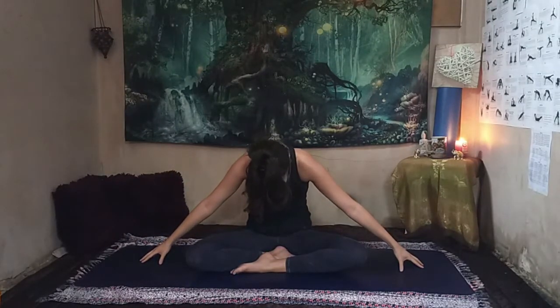So we're going to start in a seated position today, and we're going to start by taking 5 breaths. So I want you to bring your fingertips either side of you, and as you inhale, you're going to inhale really nice and deeply. You're going to allow your arms to lift up, and the gaze is going to look up towards the fingertips. Your rib cage will lift. Really stretch, and then exhale, release. And as you release, just allow your navel to draw in a little bit, and you'll curve over in the spine. Allow the head to release,